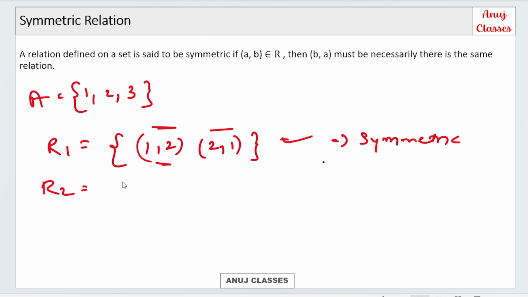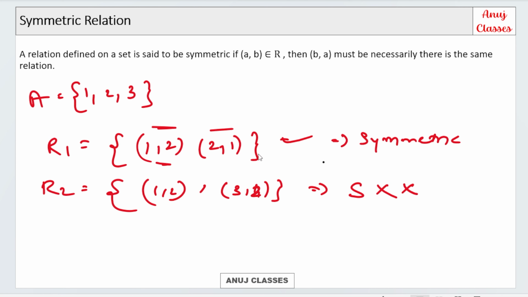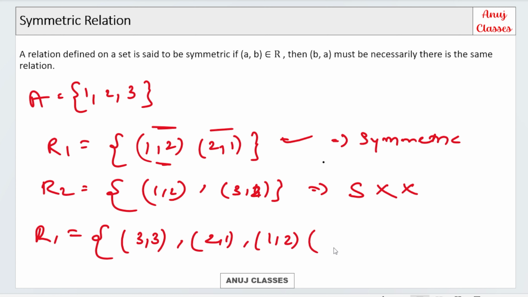Now suppose I have another relation in which I have 1, 2, and I have 3, 4, or 3 and 2. So can I call this symmetric? No. Only within a relation in which we have equal and opposite pairs present do we call it symmetric. For example, suppose we have 3, 3, we have 2, 1, we have 1, 2, we have 1, 1,